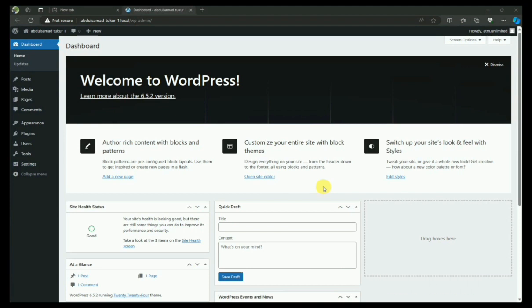If you watch the full video of today, you are expected to know how to install Local WordPress and at the same time how to create a site in Local WordPress, whereby Local WordPress will automatically install WordPress to the website we just created in your local. So, if you want to know the full guide and steps in learning how to install Local WordPress and at the same time create a site on Local WordPress, whereby WordPress will be automatically installed to the site you've created, where you can access your posts, your media, your pages, comments, plugins, and all other features